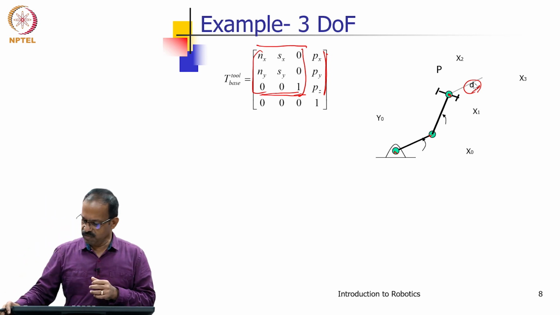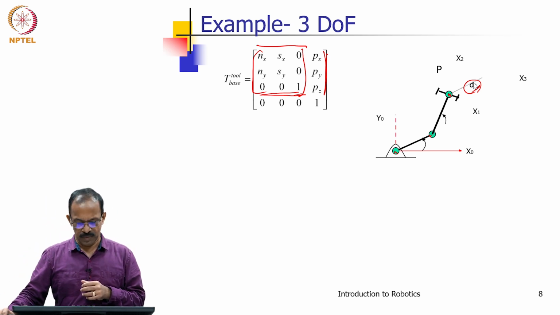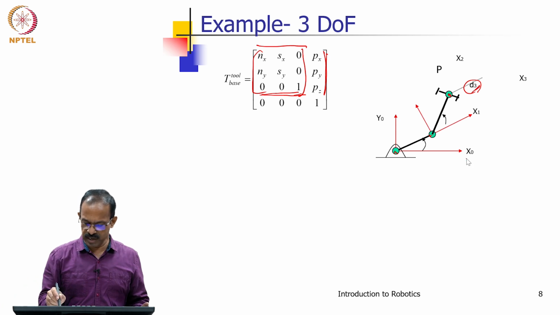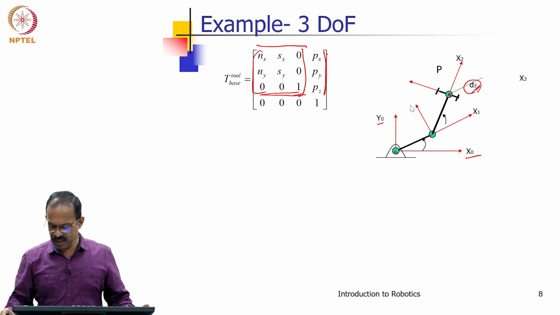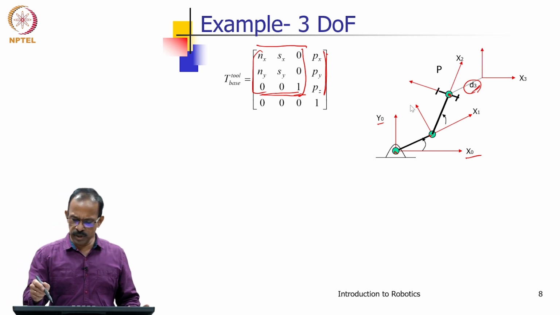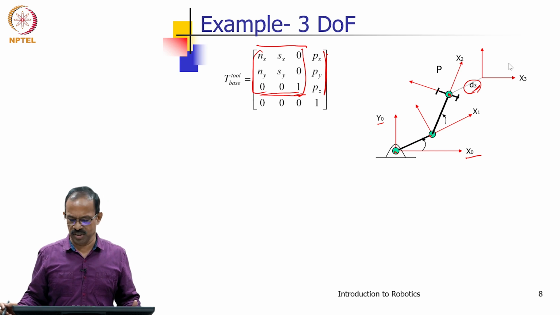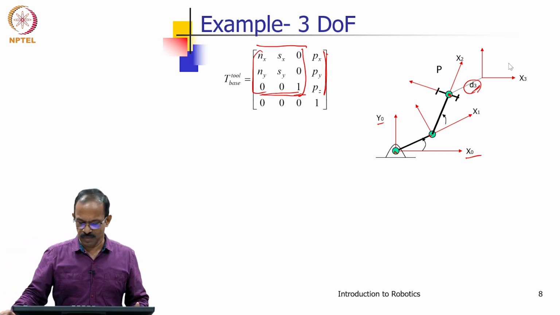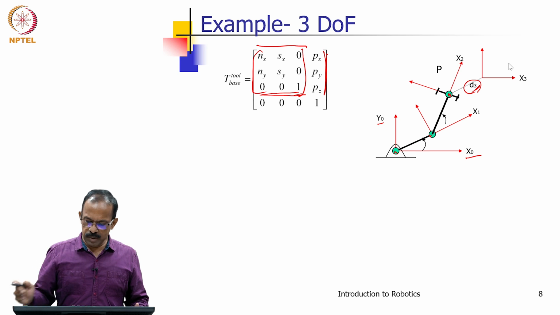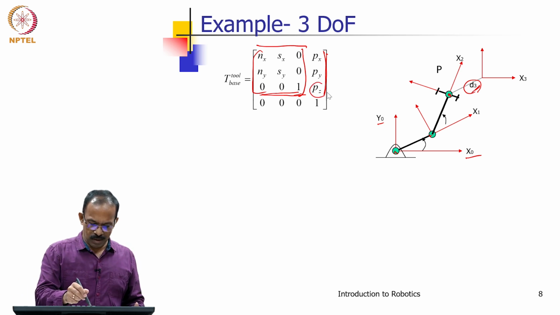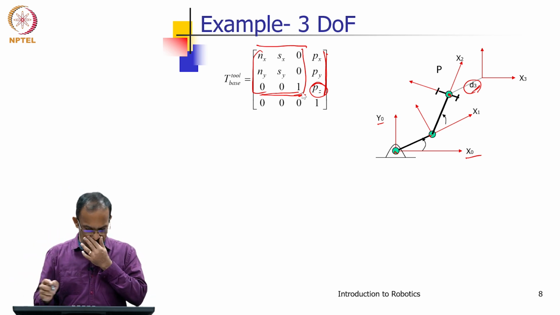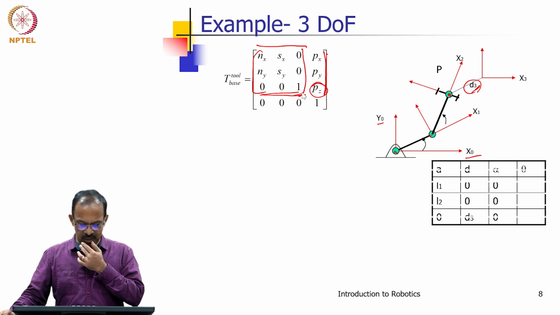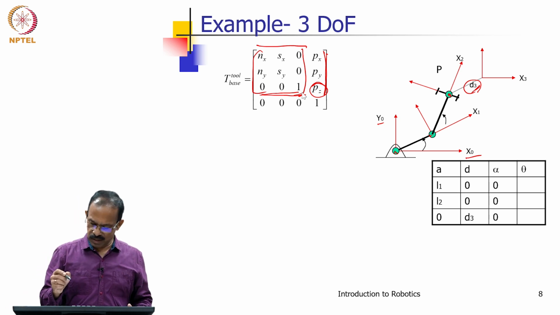Now, if you have to solve this problem, we will see. First we will assign the coordinate frames x0 y0, x1 y1 and x2 y2, and then the tool tip will have the final coordinate frame x3, which is actually projecting out. So, you can see Pz will always be d3 because it is projecting out and then it is rotating. So, it will be d3 distance Pz. So, you can actually find out the